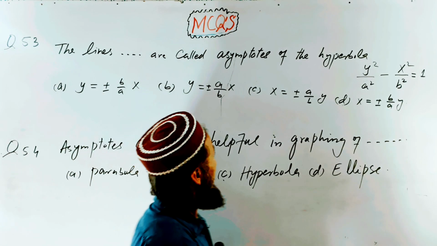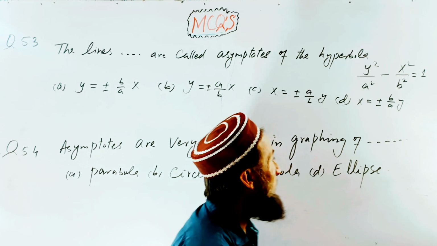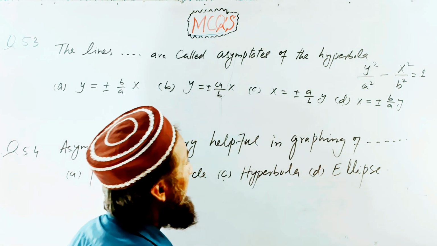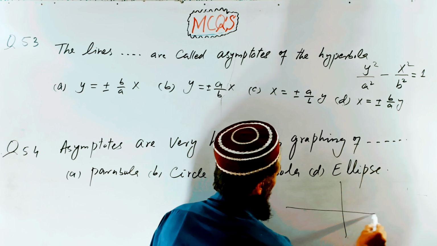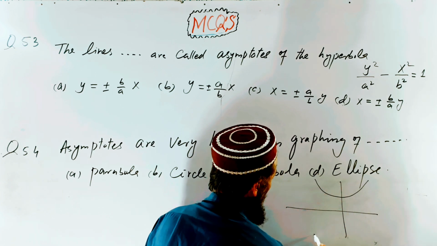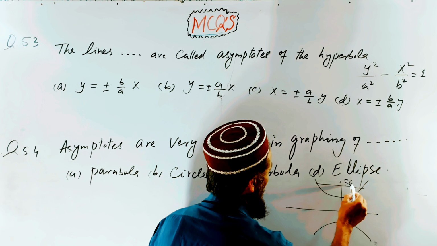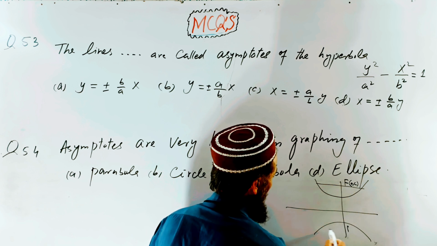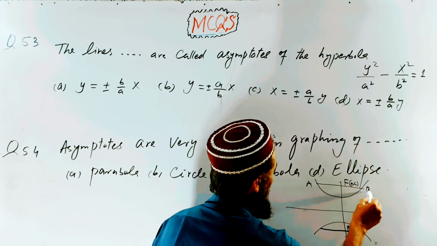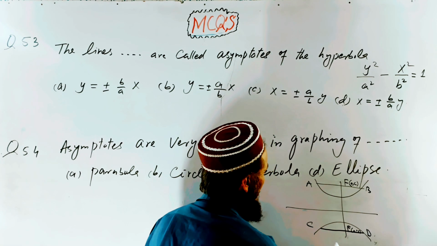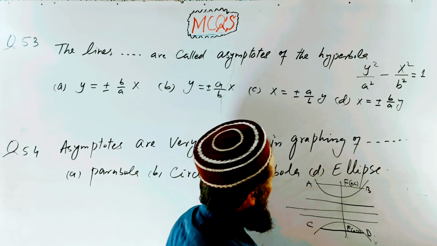The lines are called asymptotes of the hyperbola y square divided by a square minus x square divided by b square is equal to 1. So the hyperbola is making conjugate axes. Look here, A and B are the points and C and D are the points, and these are the directrix lines being made. So, conjugate axes and